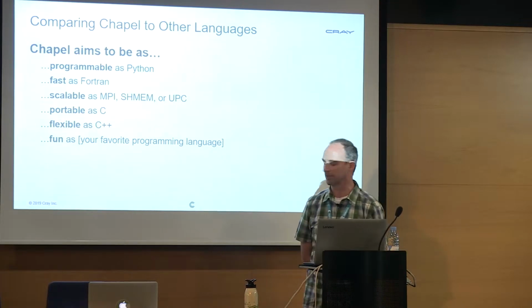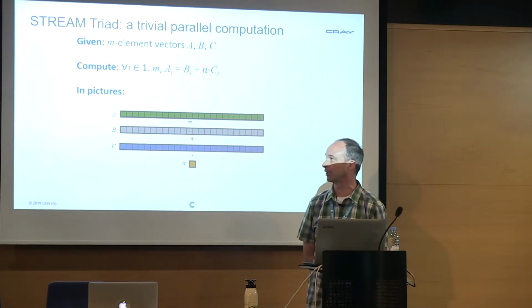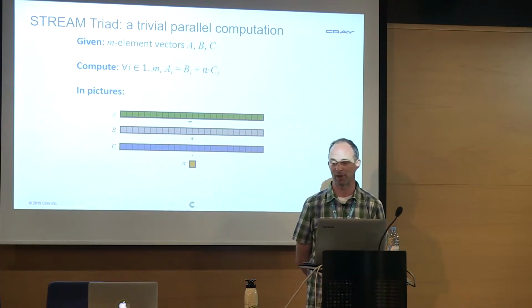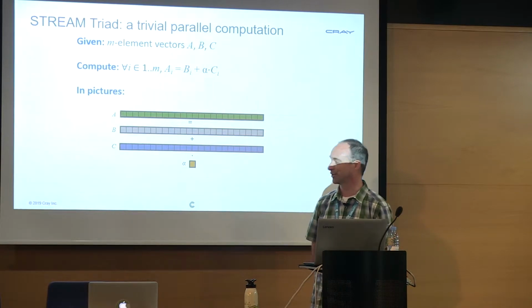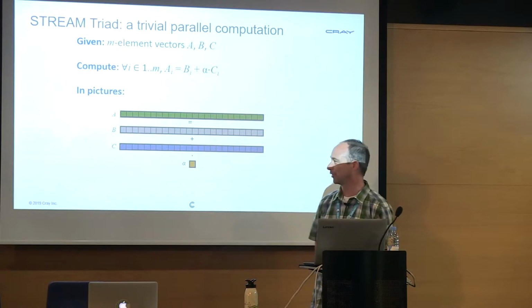And to demonstrate some of these themes, I'll look at a couple of very simple benchmarks. These are designed to just give you a flavor of where we are with performance and a little bit about Chapel. They're obviously very simple benchmarks, but the goal is to have something that I can put into this talk without taking up all the time. So the first is pretty much the simplest parallel benchmark you could think of, stream triad. If you're not familiar with it, it's fairly simple.